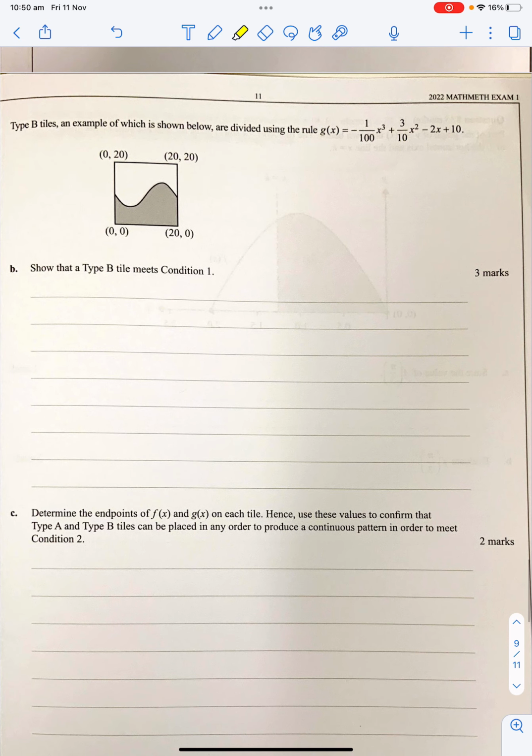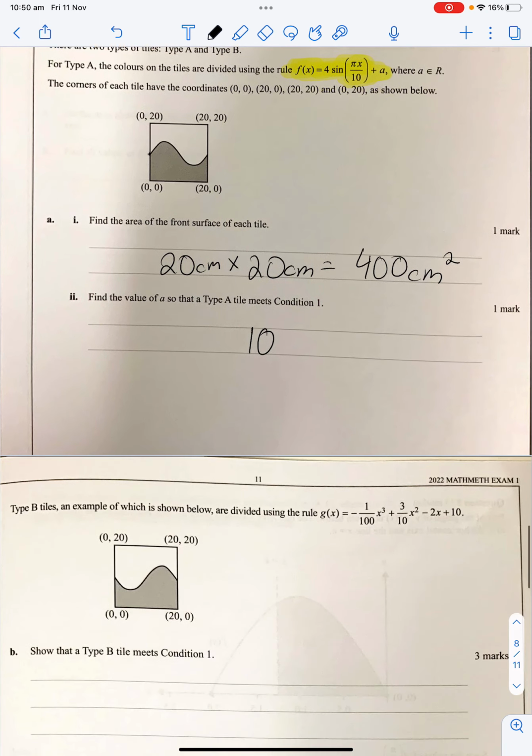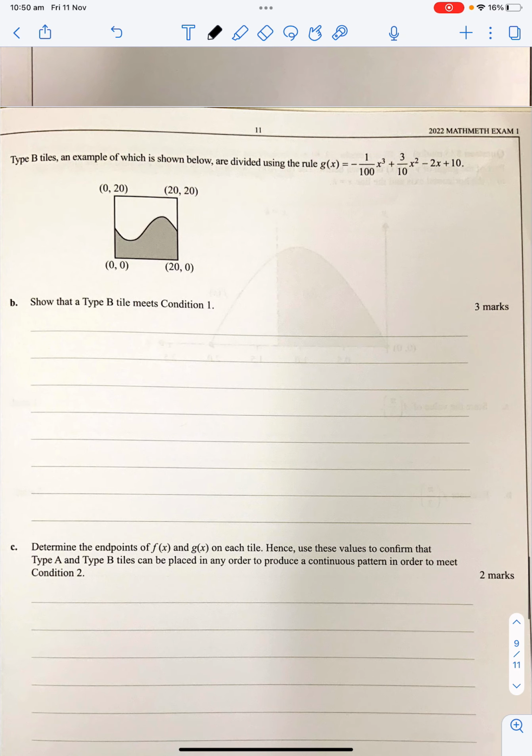So type B tiles, an example, which of the following shown are divided using this rule. So show that type B meets condition 1. Now condition 1 is that each color covers half the tile. So we want the area below this curve to equal a half of 400. So the area is found using calculus, 0 to 20 of g of x dx. That is going to equal,